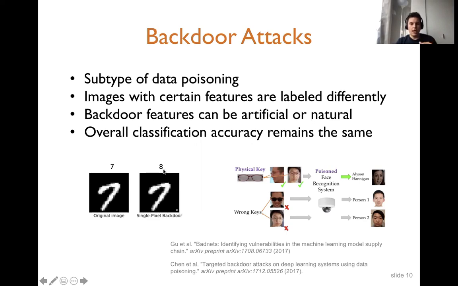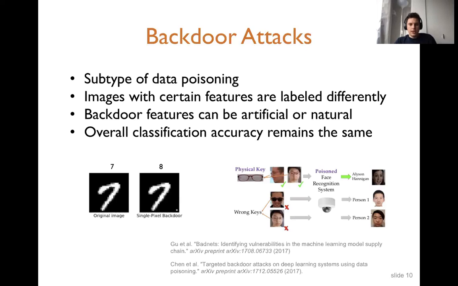It will mislabel it. That's a little bit similar to what adversarial examples, or universal adversarial examples, are trying to achieve. But there is a slight difference here. The first is that in adversarial examples or universal adversarial examples, you don't really control the type of this feature. In adversarial examples, you have to run some attack, and then you get this pattern or noisy patterns that you apply to the image.